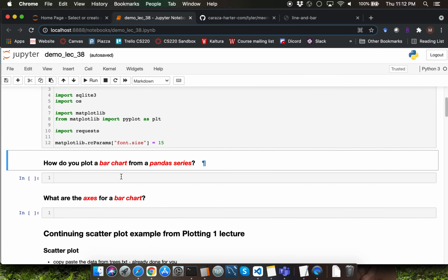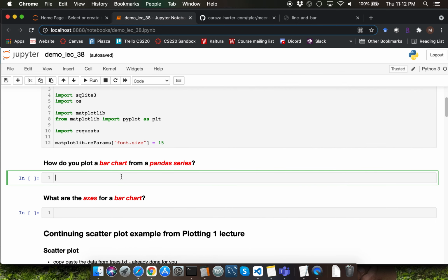Let's get started by going through a couple of questions. Question 1 here is asking, how do you plot a bar chart from a pandas series? Recall that the syntax for producing a bar chart is to use the series variable name dot plot dot bar, open parenthesis, close parenthesis. If you want to produce a different type of plot, you can replace bar with the appropriate plot function name. Given a requirement for producing a specific type of plot, I am very confident that all of you will be able to write code for it, even though I am yet to introduce certain types of plots.